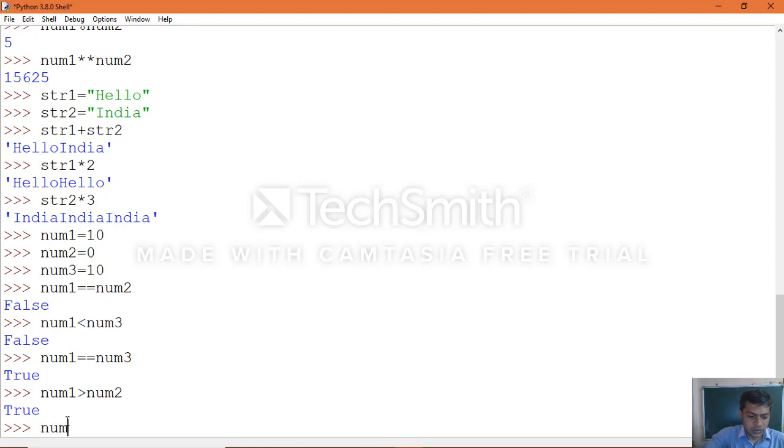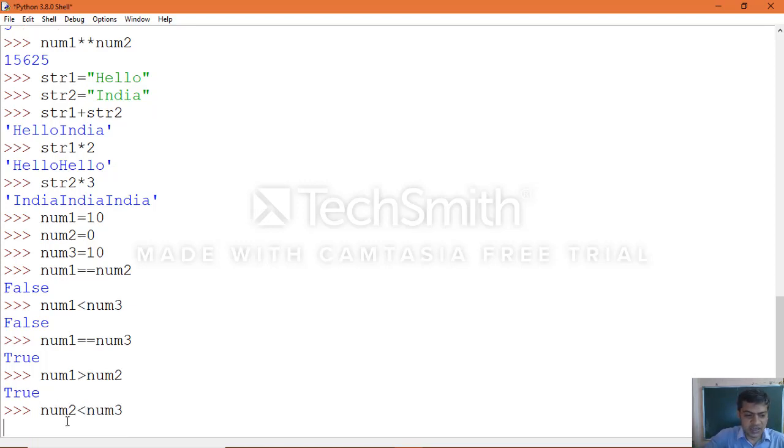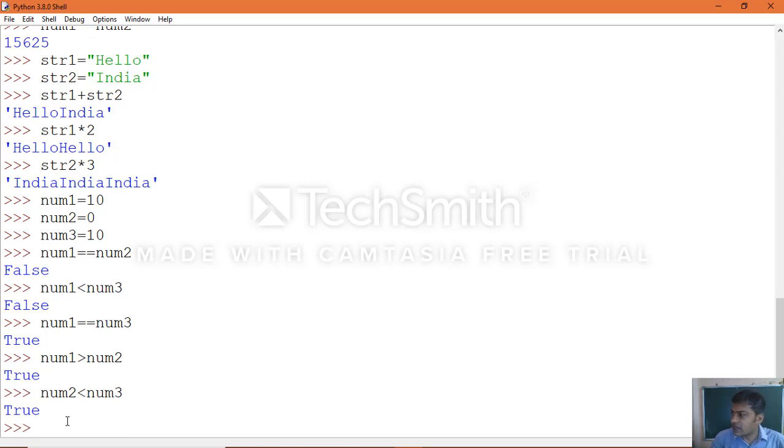Now num2 less than num3 is also true. So like this you can evaluate less than, greater than, less than or equal to, greater than or equal to, equal to. Next another one is not equal to. Num1 not equal to num2, where not is this symbol, an exclamation mark followed by equal.